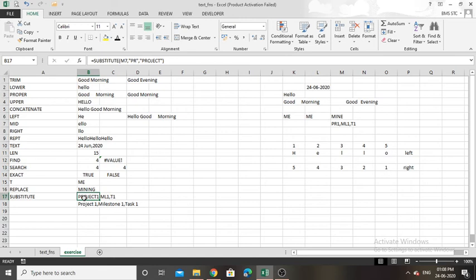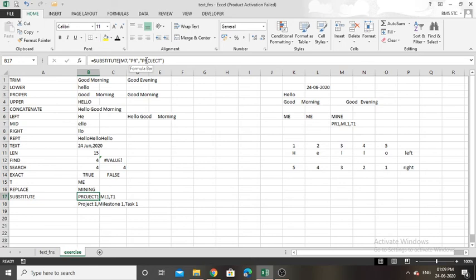Okay, it never asks for a starting index or how many characters you want to replace. It will not ask for that. So this is the major difference between replace and substitute. So I just need to substitute PR as project. Okay. So we can also use business information system as BIS, right? We substituted business information system into BIS.